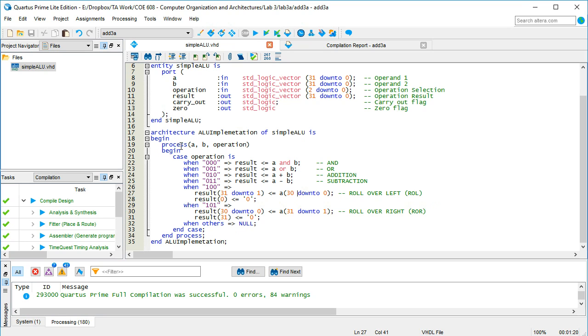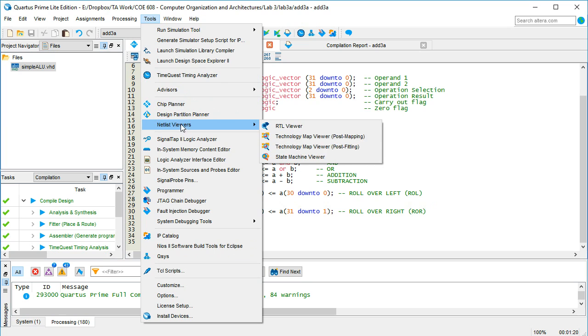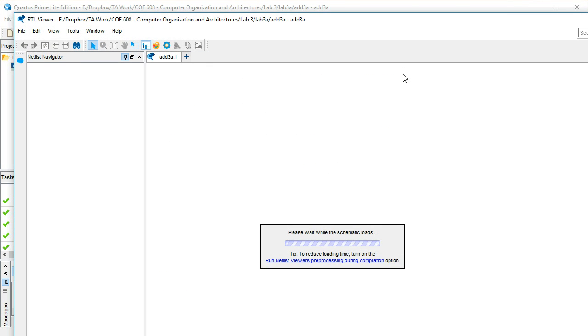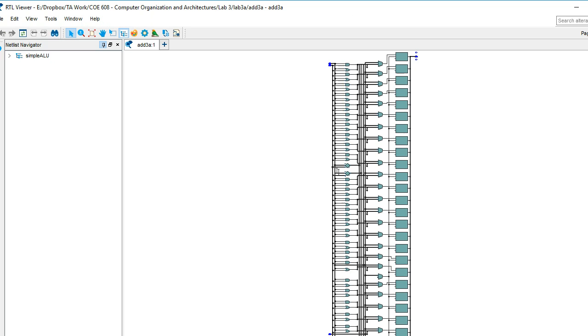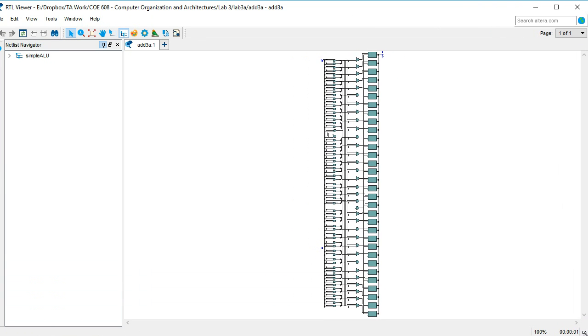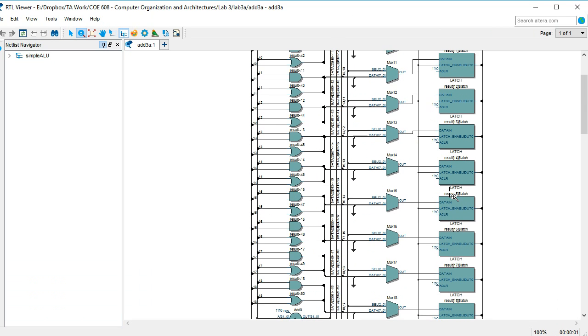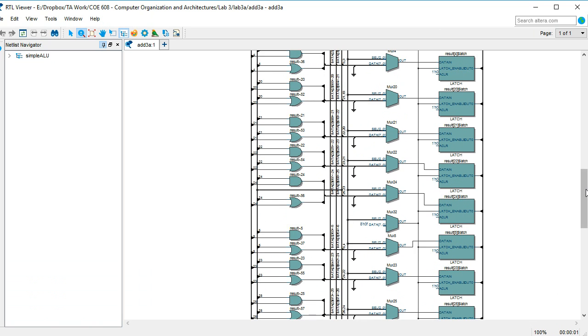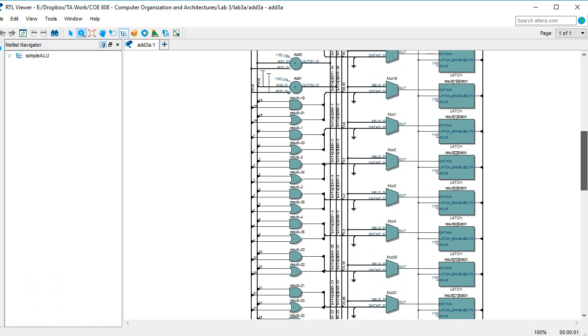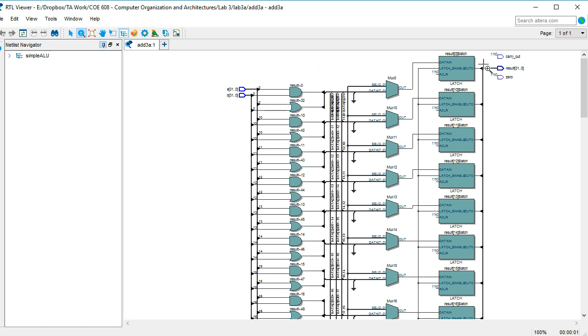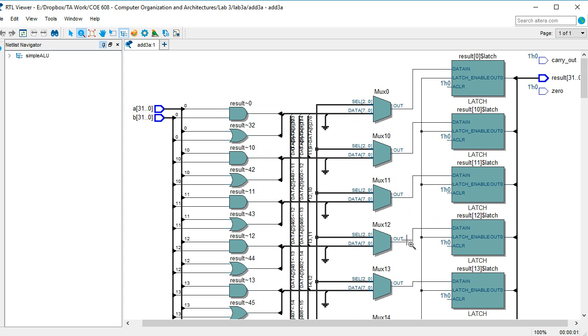Why not this way? Because now that it is compiled, what I can do is go into the netlist viewer, RTL viewer. Why we don't want you to make it that way is because when you write it that way, the compiler actually does most of the job for you. So the compiler has actually made a very complex circuit which it thinks is very efficient, and it is actually very efficient. But we don't want you to rely on the compiler to always make your